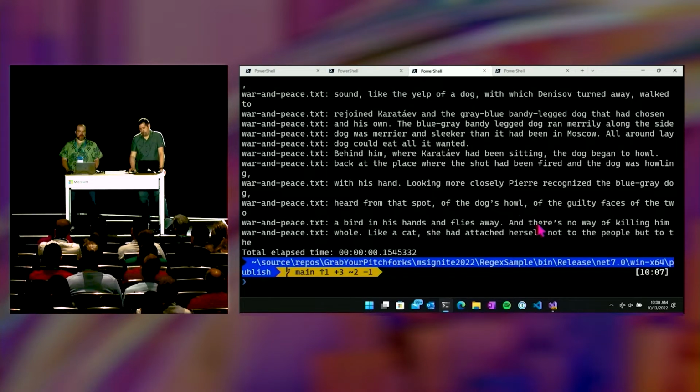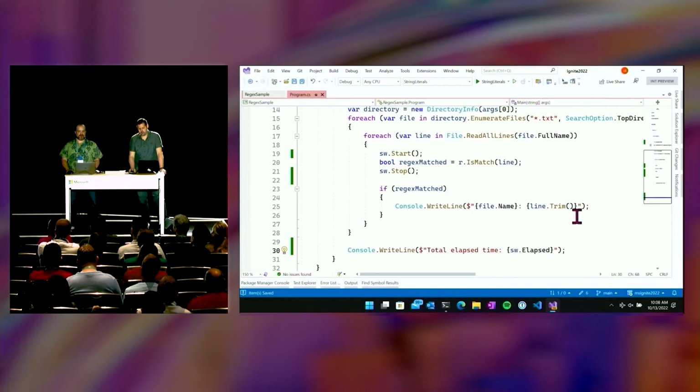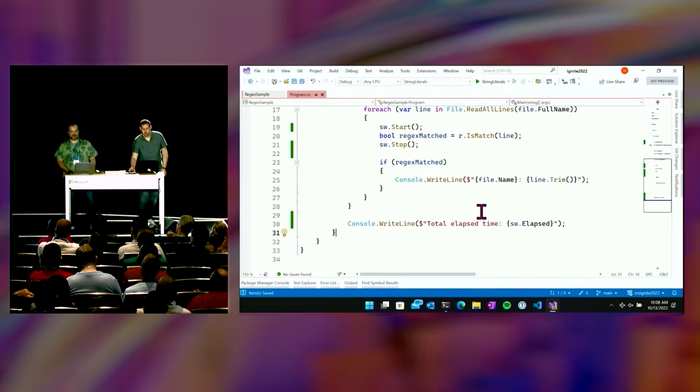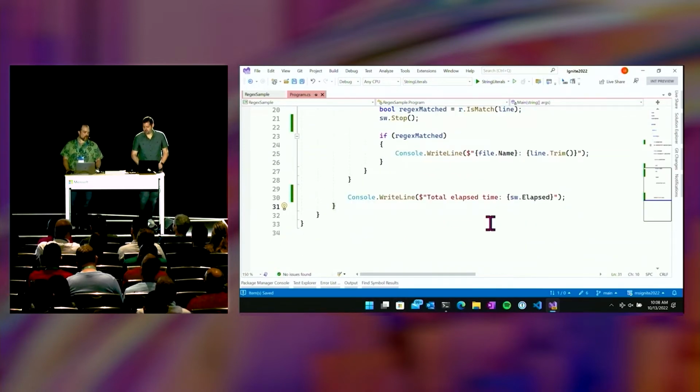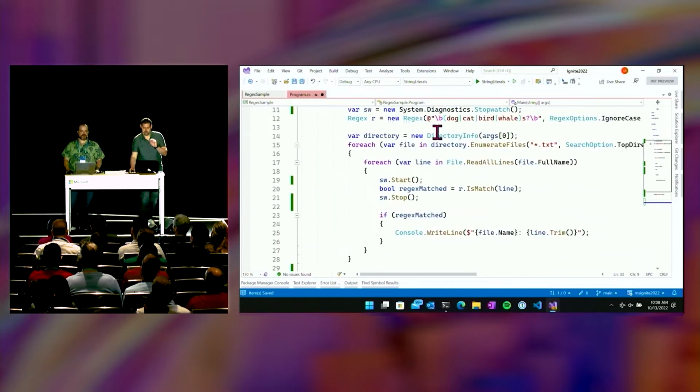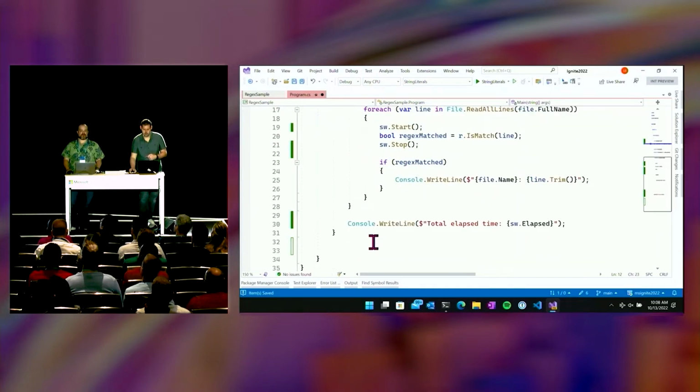So what if we actually were willing to make some targeted changes to the application? We have in .NET 7 this cool concept called source generators. So let me demonstrate that by way of an example. In a source generator, take this regex. Instead of compiling this regex on the fly, which is what the .NET framework would do, I want to pre-compile it inside of my application. The way that I would do that is,